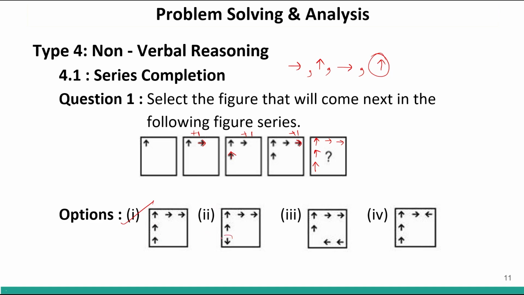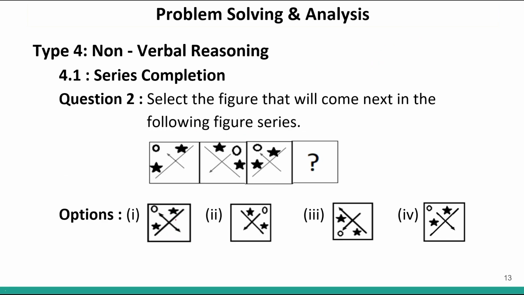Here you can see this was facing downwards. I missed it. Here all the arrows are facing upwards, and these two are facing outwards. So option number 1 will be your correct answer. This you have to keep in mind. Just like I missed this arrow, you could also miss this arrow in your exam. In the exam, you would get a minus 1/4 of the marks. This is the marking scheme in most exams. So we have to keep in mind the direction of the arrow as well. Every arrow is facing upwards, and these two arrows are facing outwards. So option number 1 will be the correct answer.